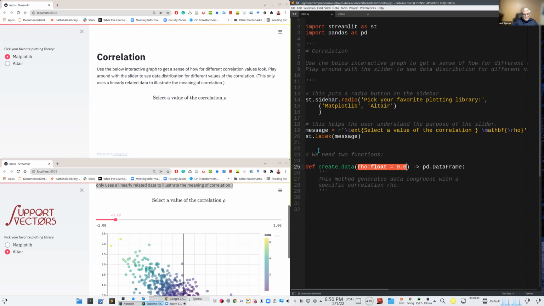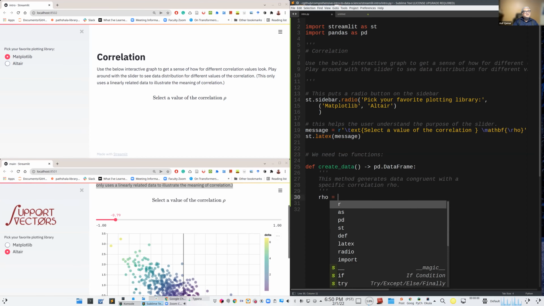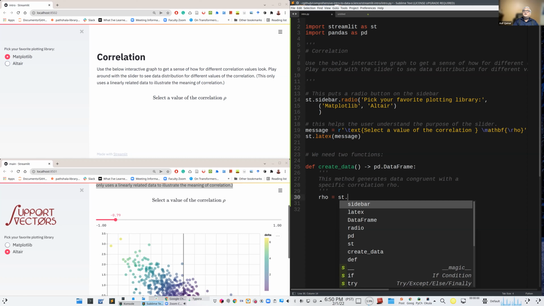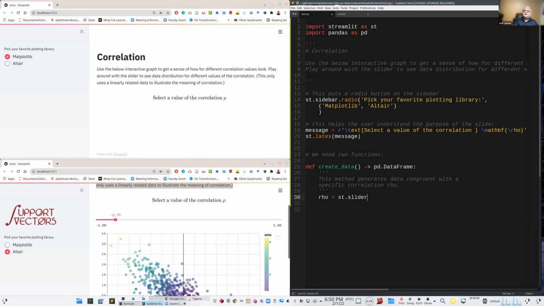Where should we do it? Okay, I don't know. It's just a minor choice. So we'll do it here. Suppose we do rho is, now what do we do? We need a control, right? That control would be a slider. We need a slider,